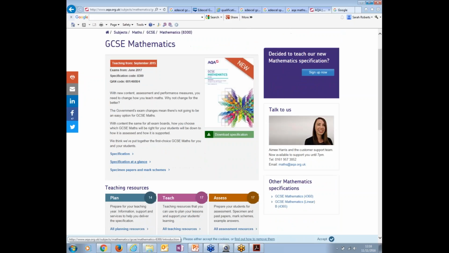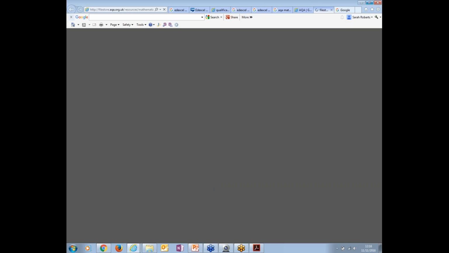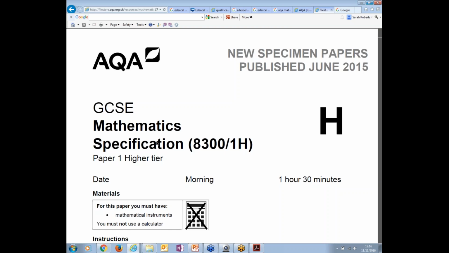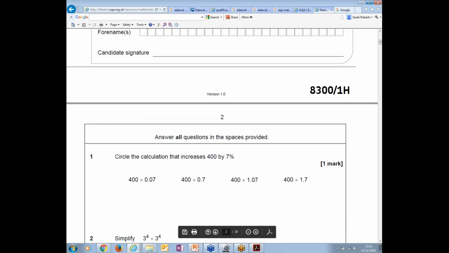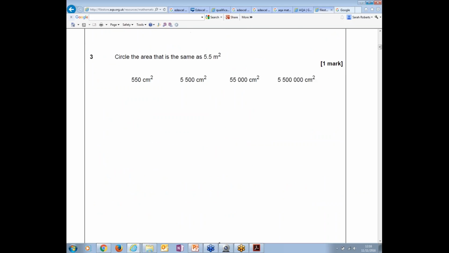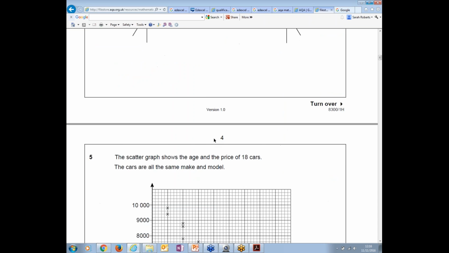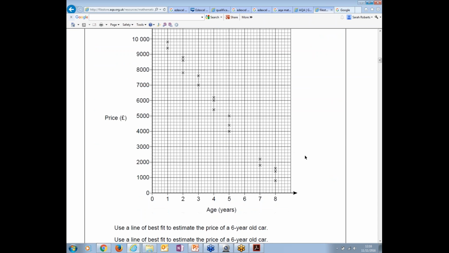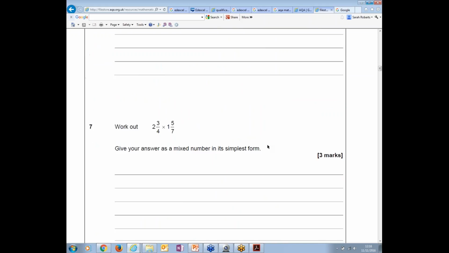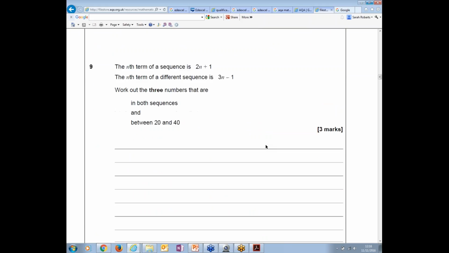So here's the spec, and here's specimen papers. Let's see if it's take away. It's much easier this time. So specimen question paper. Here's a higher specimen question paper. So some percentages, indices, conversion of units, straight line graphs, scatter diagram, some fractions, linear inequality, sequences,